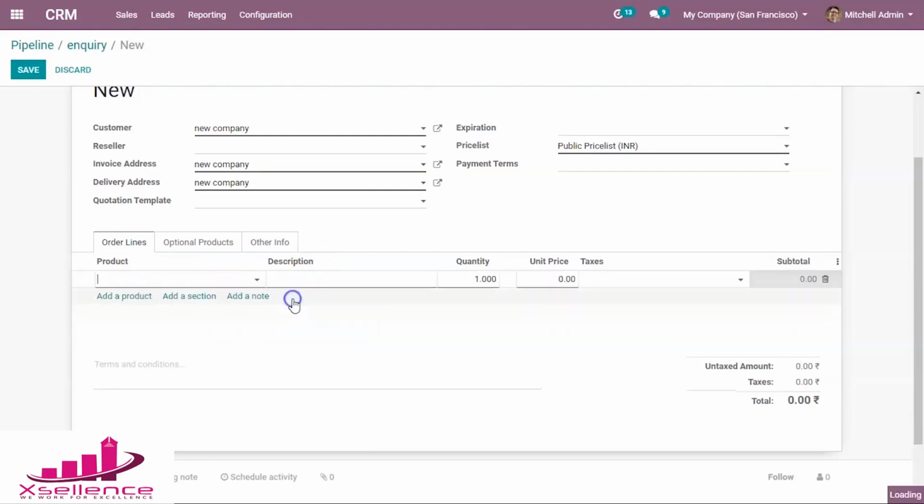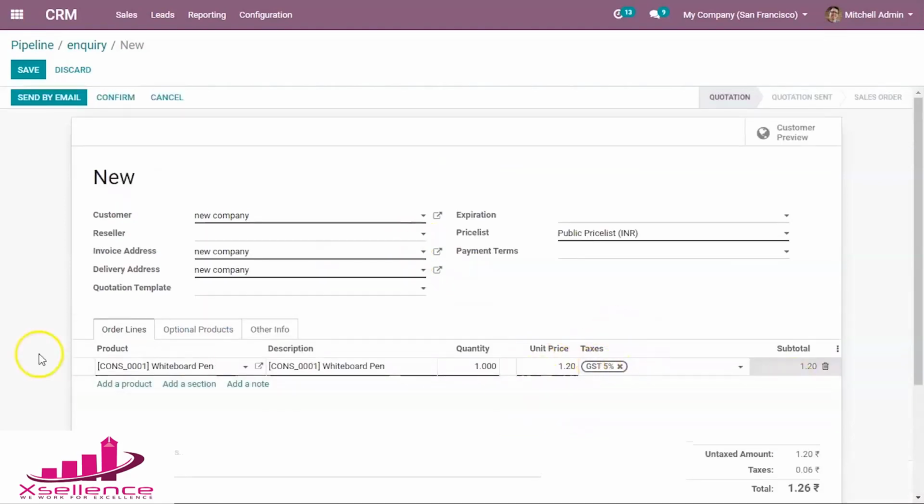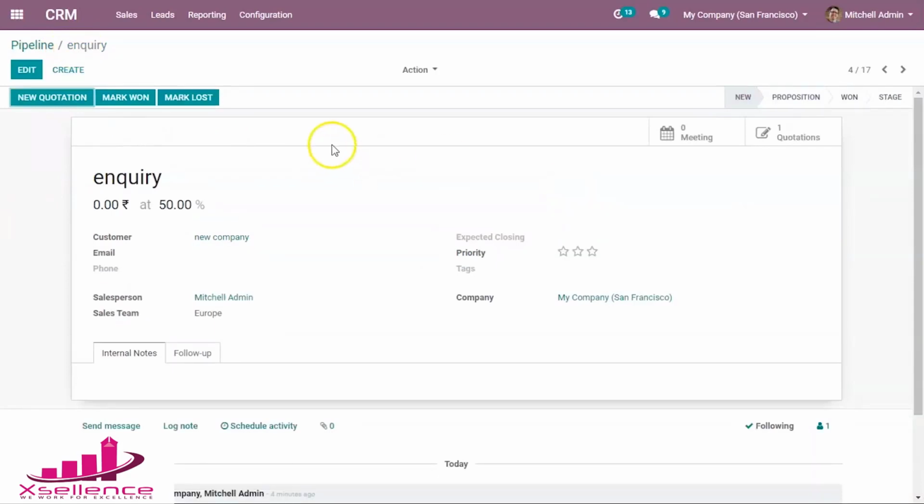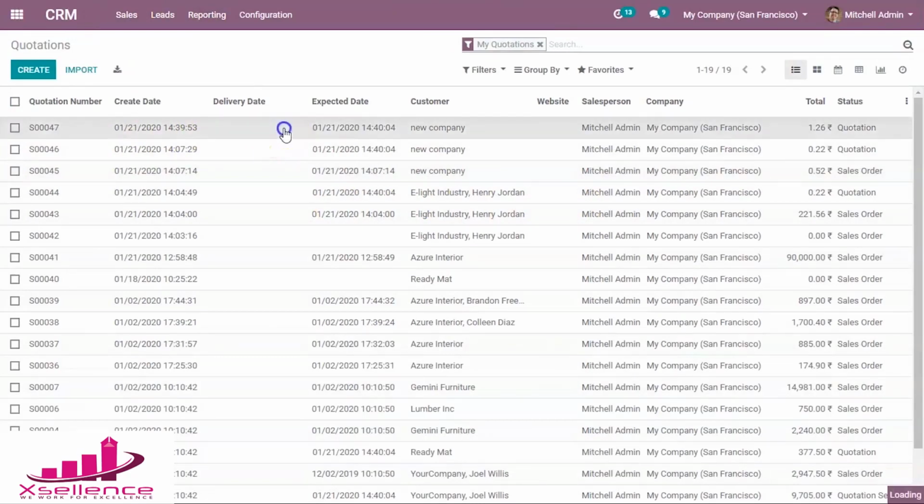We can select the product here, and the price, and as with creating a quotation, we can save. Then while checking the opportunity, we can see there's a quotation, and we can see this quotation here inside Sales, My Quotations.